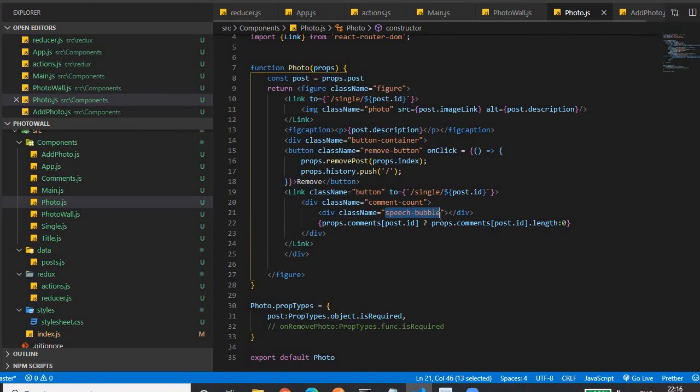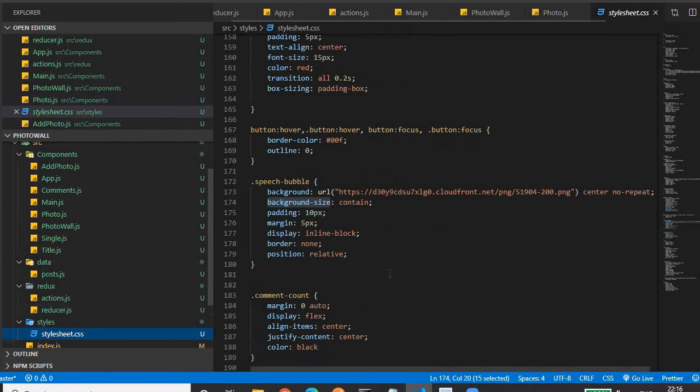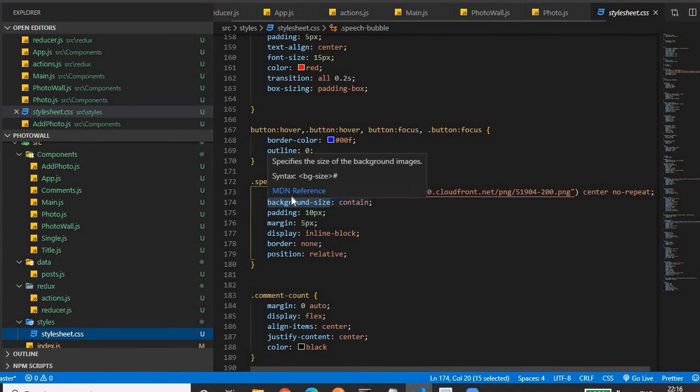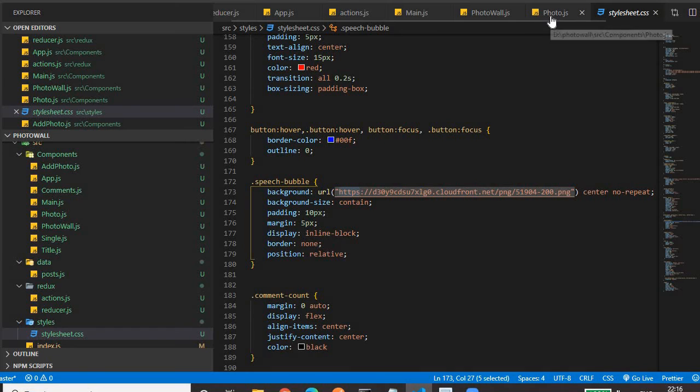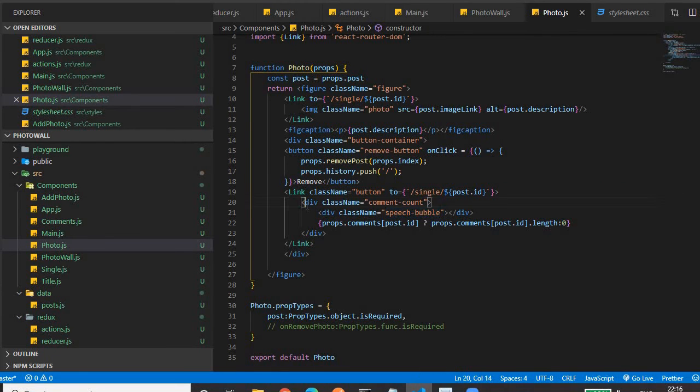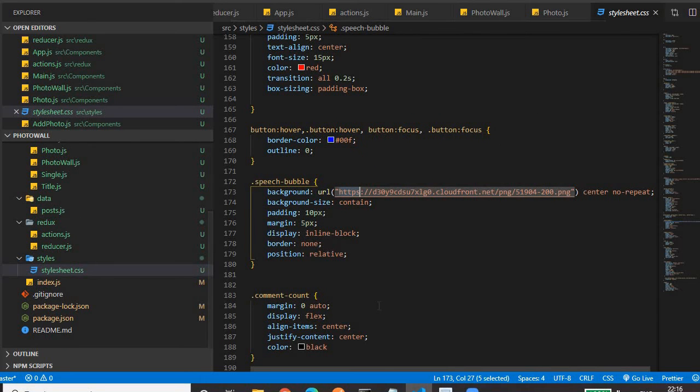This is the speech bubble, in which we have added background images, and these are some of the CSS. Then for the count, the div that surrounds this link as well as the count, for that div I have given a CSS class, comment count. These are the CSS for the comment count for better look and feel.